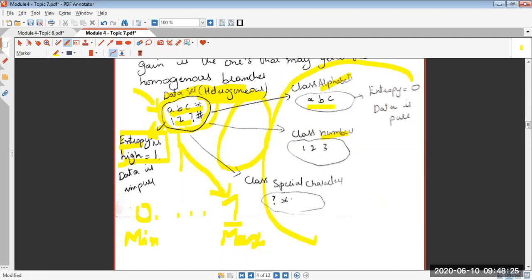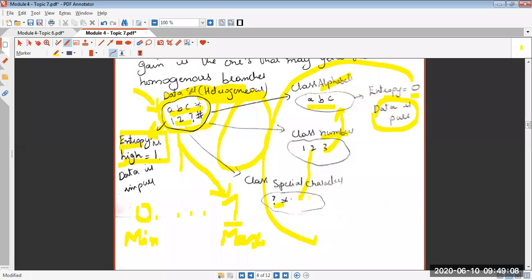So obviously, as per the discussion that was conducted in the previous instance, data inside a class will be very similar to one another. Okay. So what is the entropy here? Entropy is 0, meaning that data is in its pure form. In class alphabets, you do not have numbers like 1, 2, 3. That is the case. Now the data is impure. Please understand. Okay. In class numbers, I do not have alphabets, or in class special characters, I do not have numbers. If you introduce that, then it will become an impure data. Okay, meaning that its entropy will increase.